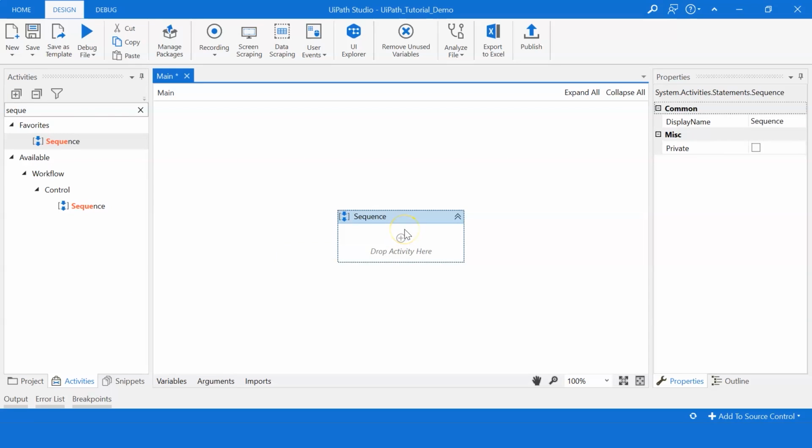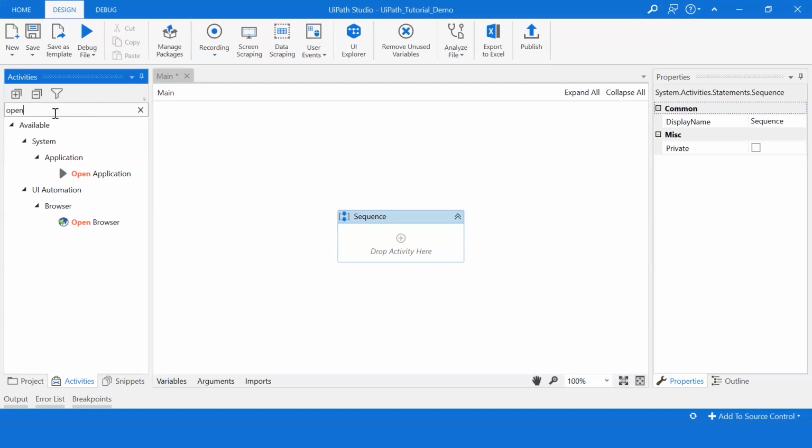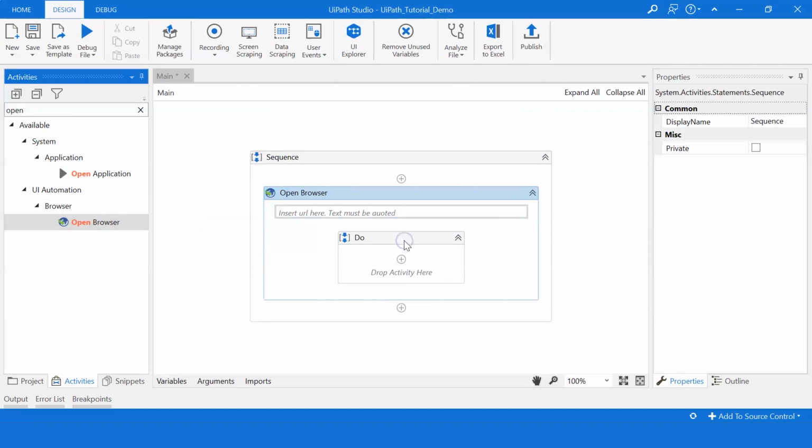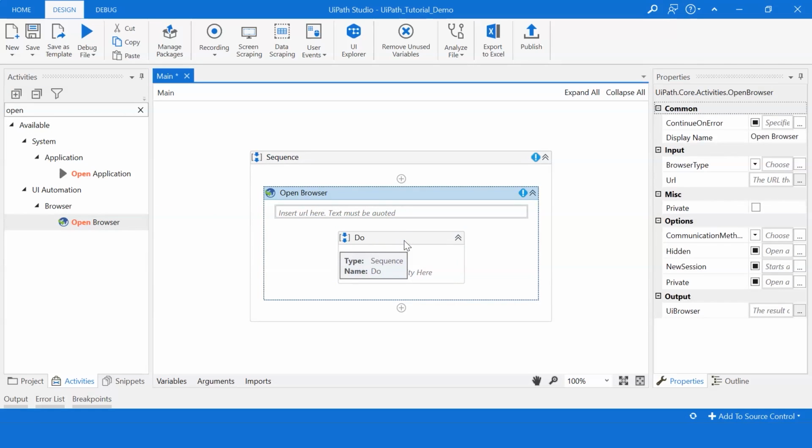After that, I need to open the website in a web browser. So for that, let me search for another activity called open browser. So under activity, I look for open browser. I'll drag it on the sequence itself. Now it is asking you to insert the URL of the website and it must be within double quotes.